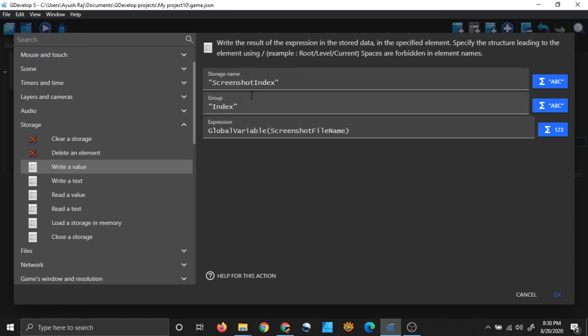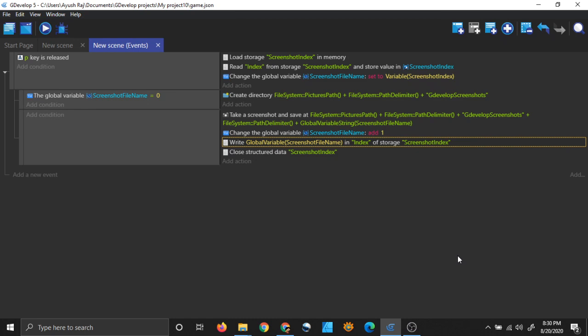And what will I store here? Which value will I store in this index present in this file? I will store my global variable screenshot file name, right? So this statement will simply save the value in the screenshot file name into the storage of my computer.